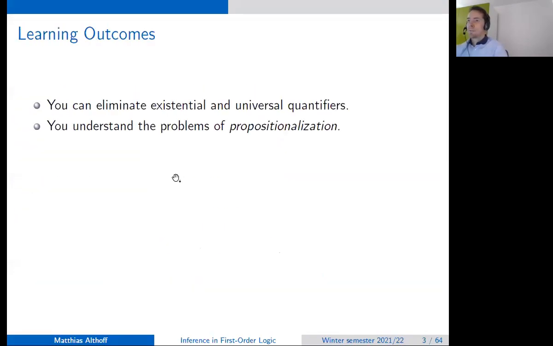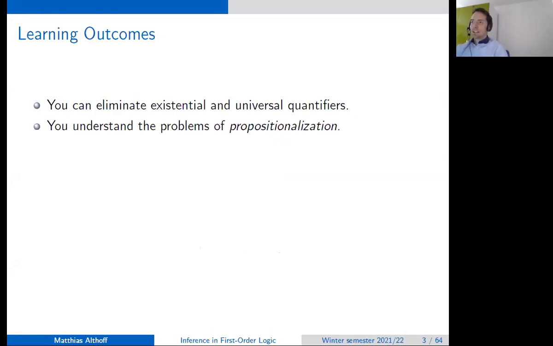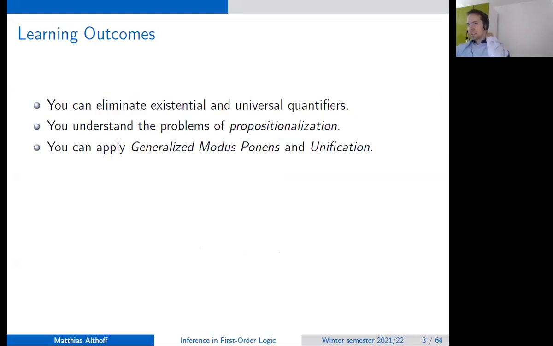Okay. So what are the learning outcomes of today's lecture? You can eliminate existential and universal quantifiers, which is then required, as I mentioned, to translate everything to propositional logic sentences. You can understand the problem of propositionalization, which is the idea that we convert first order logic sentences into propositional logic sentences. Then, as I said, we will realize that this is not very efficient.